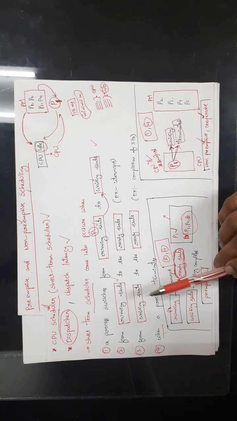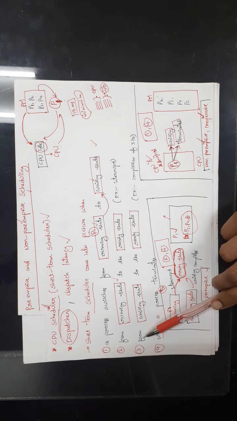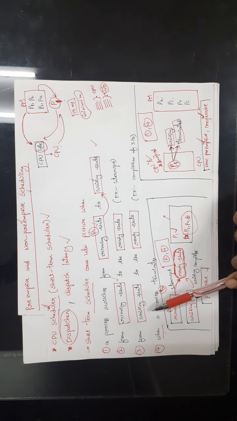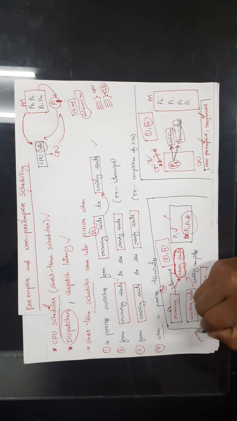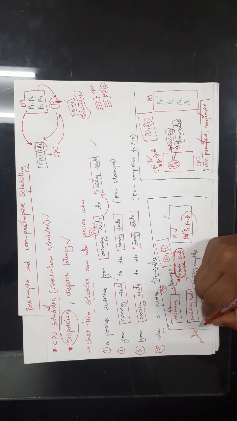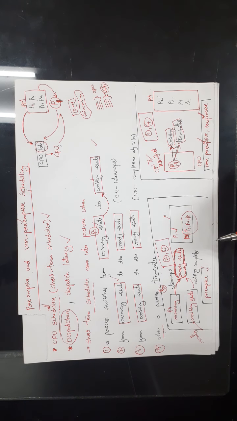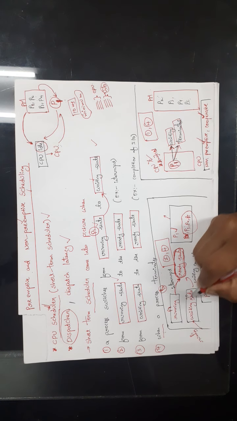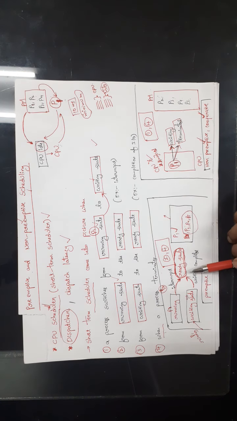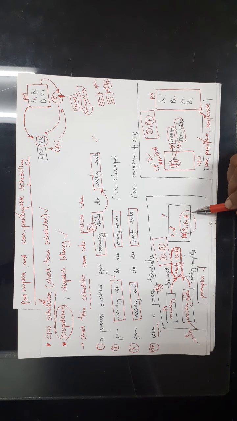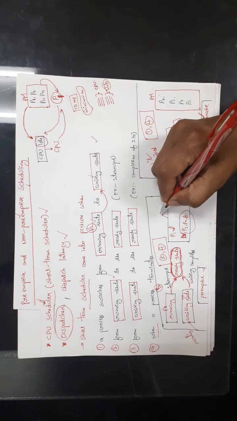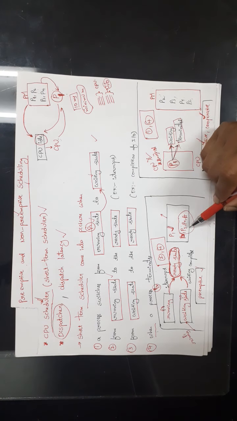So here if you consider another situation, the situation 3, from waiting state to the ready state. Actually one process is running. Let us assume that P1 is running. When it is running, it has some input output operation, so it has gone to the waiting state. It has finished the IO operation. After finishing IO, again it will come to the ready state. So now P1 is in the ready state and all the other processes are also in the ready state. Now we can choose either P1 or we can choose P3, P4, P5. We can choose any process, right?